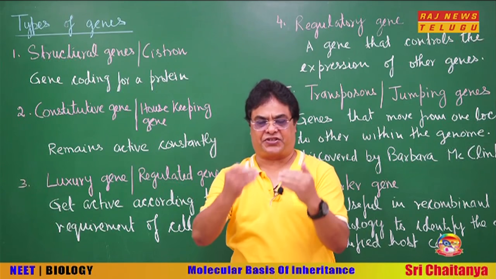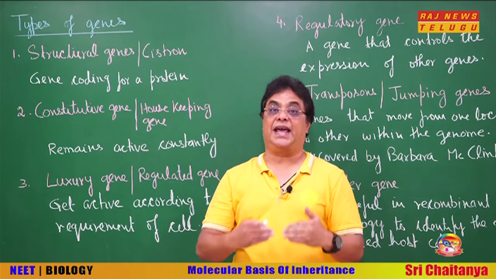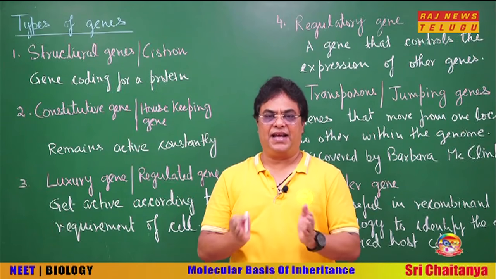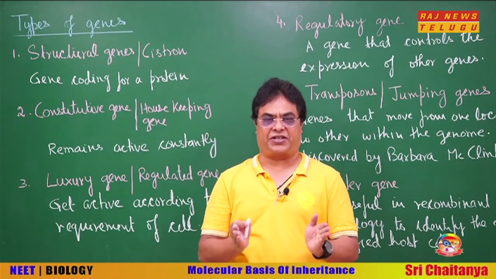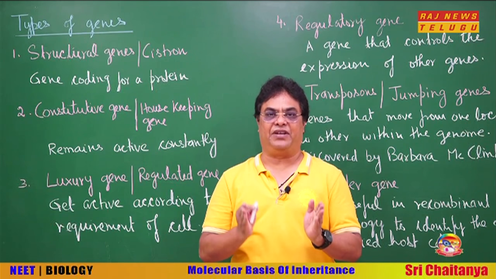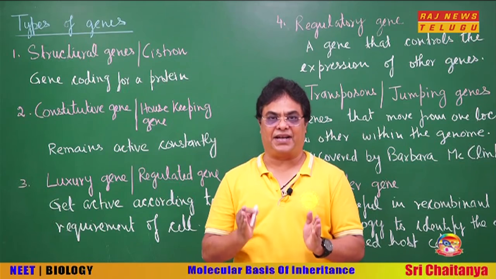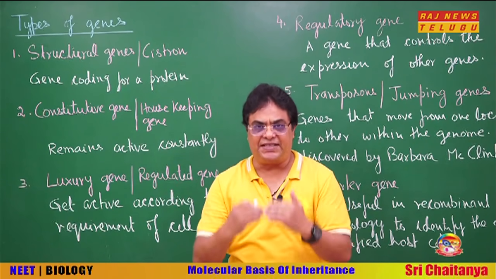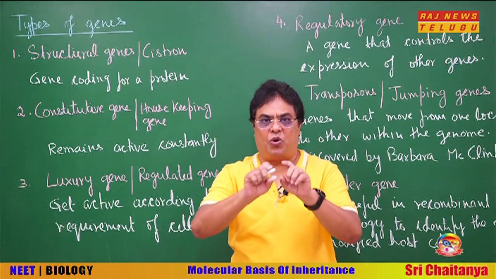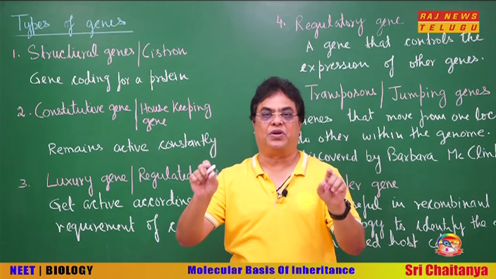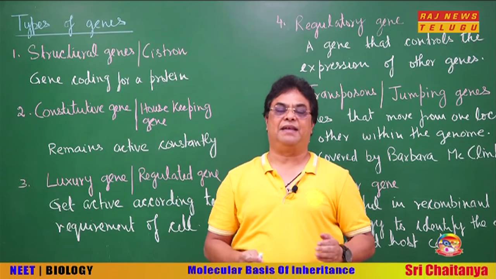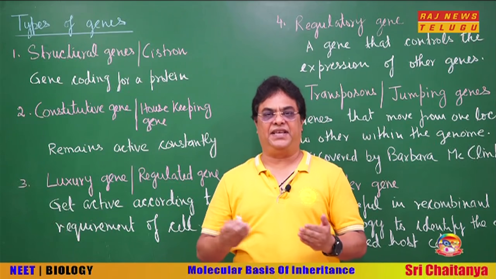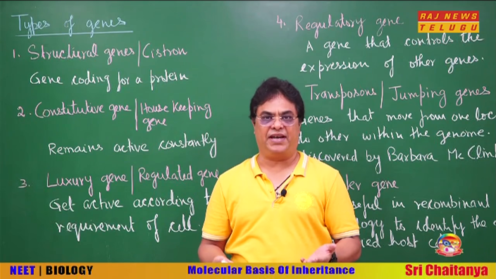You know that this structural gene will produce mRNA. Now, if the produced mRNA is the product of only one structural gene, then this mRNA will be called monocistronic mRNA, that is usually seen in eukaryotes. But if this mRNA is the product of more than one structural gene or more than one cistron, then this mRNA is called polycistronic mRNA, as we see in bacterial cells, very common in bacteria.